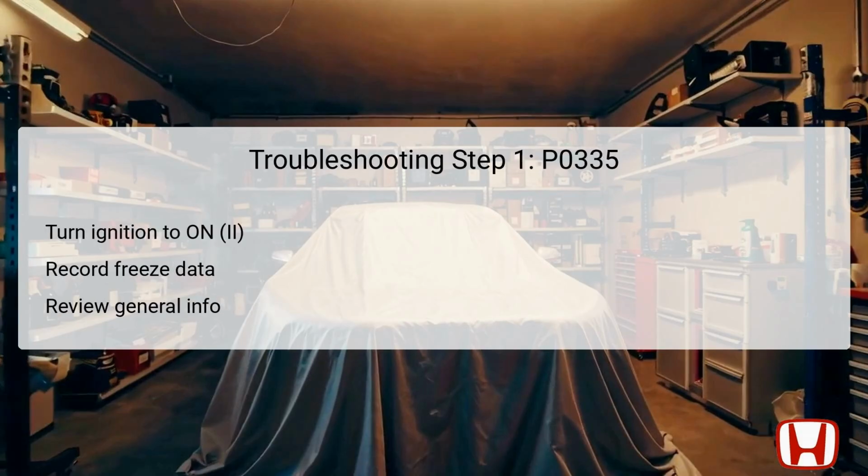The first step in troubleshooting DTC P0335 involves ensuring that the vehicle's ignition switch is in the ON position. While doing this, it's also vital to record all available freeze frame data and any onboard snapshots. This data provides context about vehicle performance, environmental conditions, and other variables at the time the DTC was triggered. Reviewing the general troubleshooting information will also guide our diagnostic process and help identify the necessary tools and procedures needed in subsequent steps. This initial phase lays the groundwork for effective troubleshooting, ensuring all factors are considered right from the start. With the ignition on,